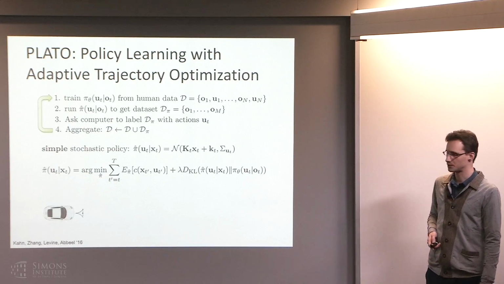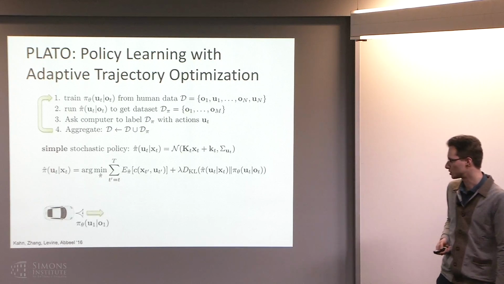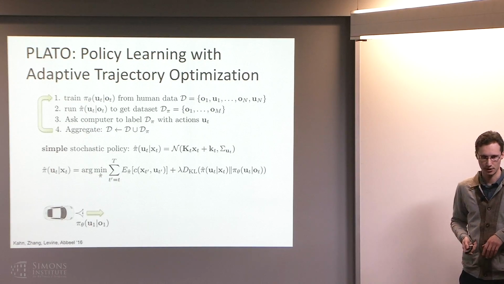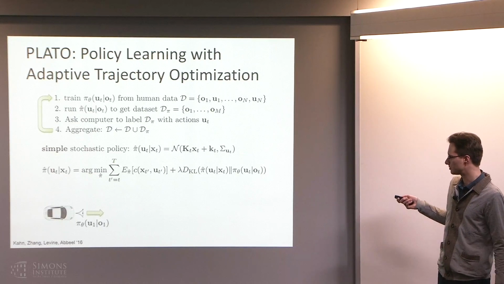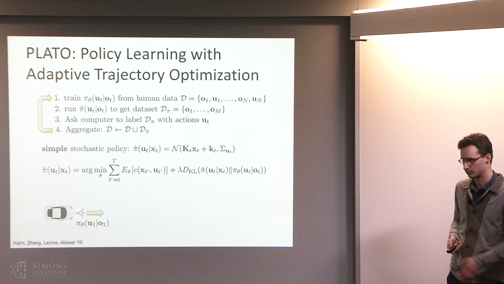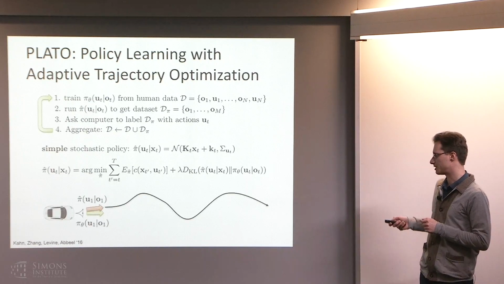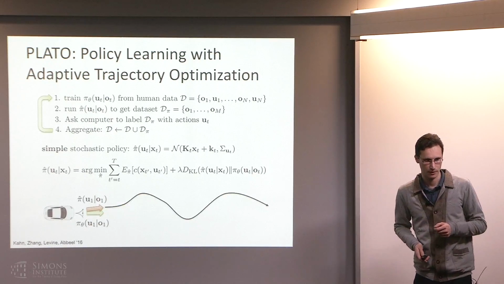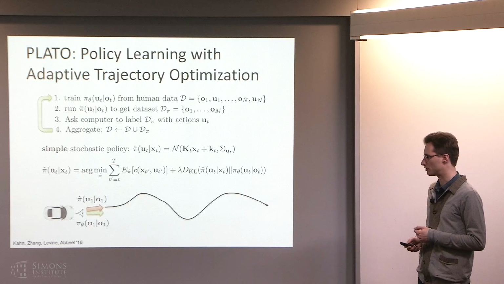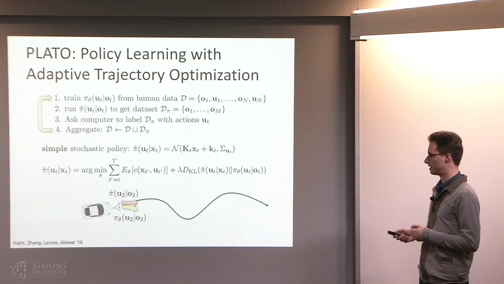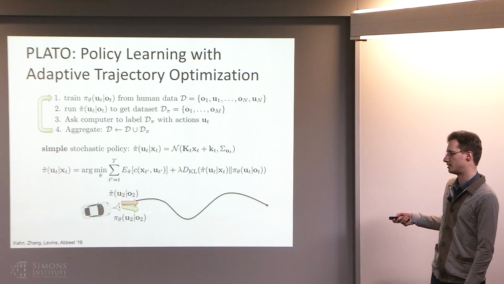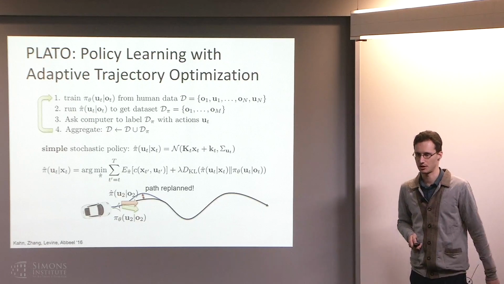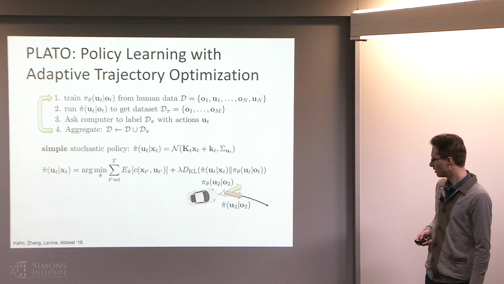So what this means is that if your car is in some state, it has an image, and your learned policy pi theta, whatever convolutional network, says, okay, you should drive forward. And you actually run this optimal control algorithm and you decide that driving forward is going to cause you to hit something. So then pi hat is going to say, okay, well the best I can do that's as close as possible to pi theta but gets low cost is to drive a little to the left. And then you're going to execute this policy pi hat for one time step. And now you're going to replan. So now you get a new observation. Pi theta now says, oh, okay, now I want to go right. So now you're going to replan, find a new pi hat, execute the first step of that, and continue this way.